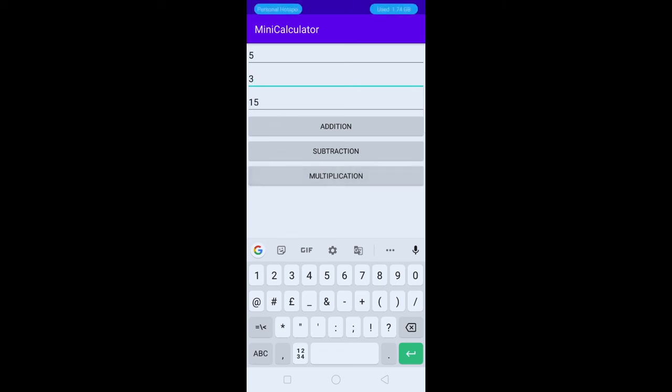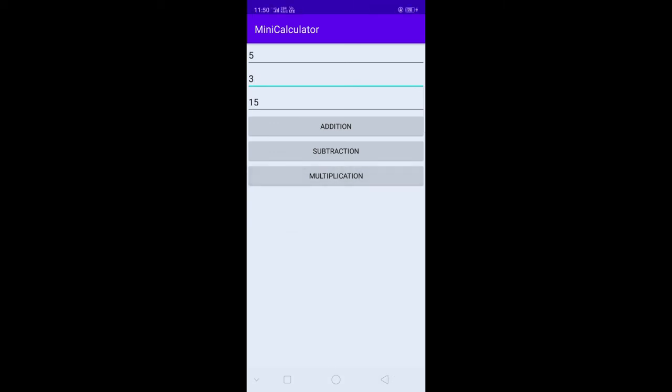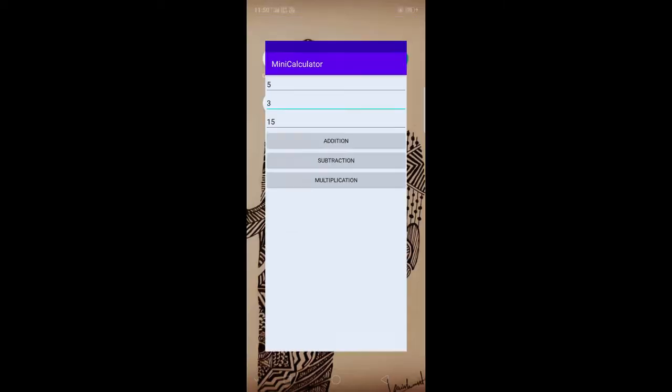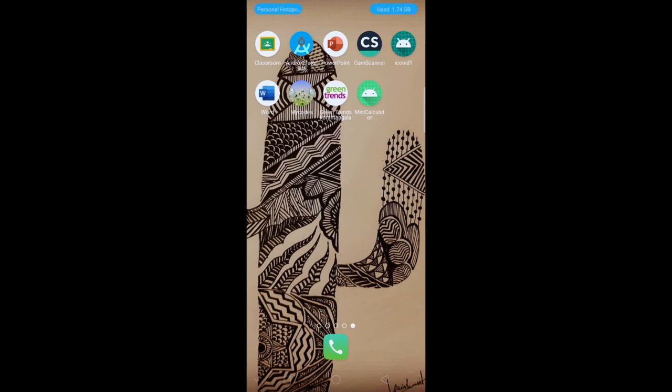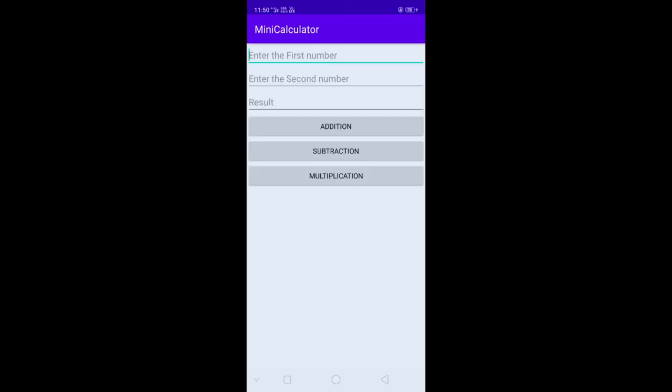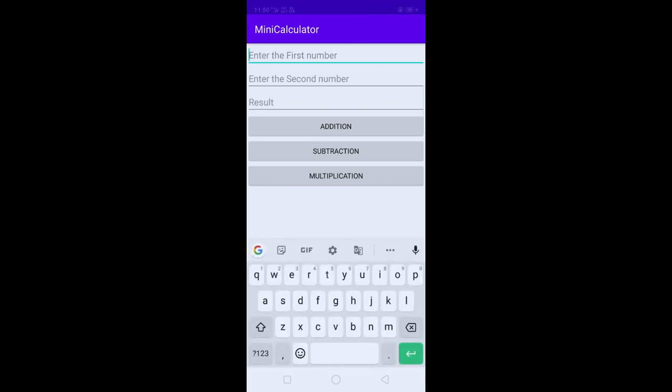Okay. This is my application. Test case 2: first I will give 23 in the text field, and the second input is 6. First I perform addition, subtraction and multiplication.